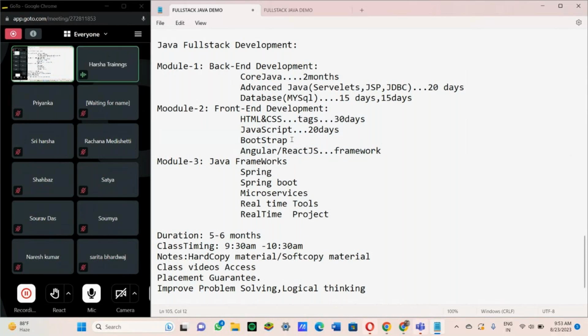So Bootstrap you can learn within 2 days. These are enough. And Angular you are going to learn within 20 days. This also takes 20 days because you have to learn the things,